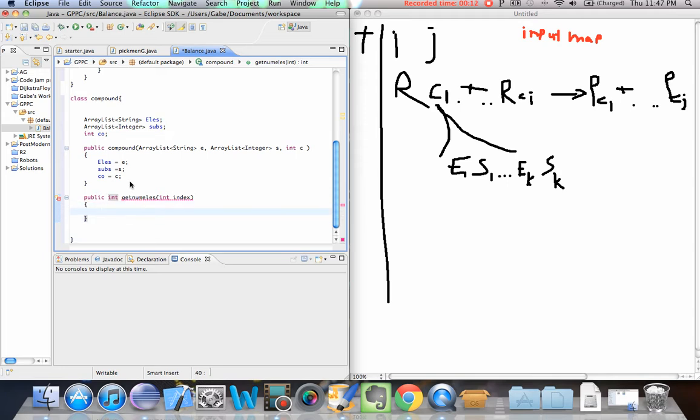Okay, so public int getNum, with int index. Just return 0 right now to shut this thing up. Jeez, man. Okay, so it's actually not 0. Return